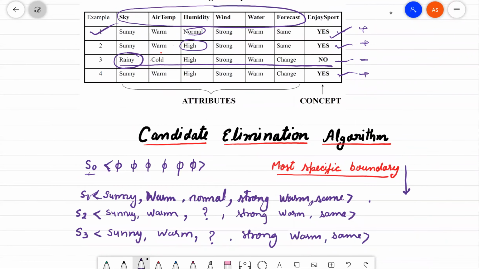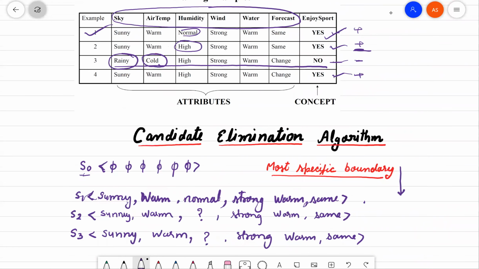Okay, because if we write warm here, the opposite of cold, and warm is proving the positive in case of positive, and if we are writing here warm in place of cold, it is proving the negative. Okay, and next is high. If we take the next attribute, high, in this case the opposite of high that exists is normal. So if we are writing normal here, normal is proving the negative.